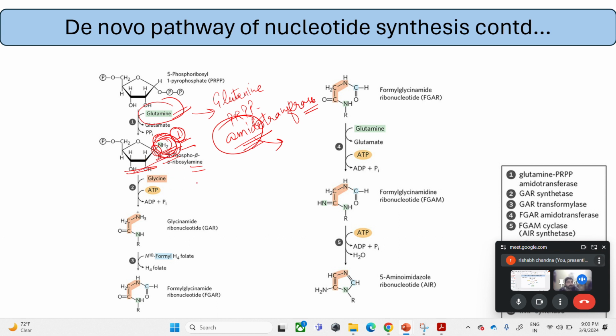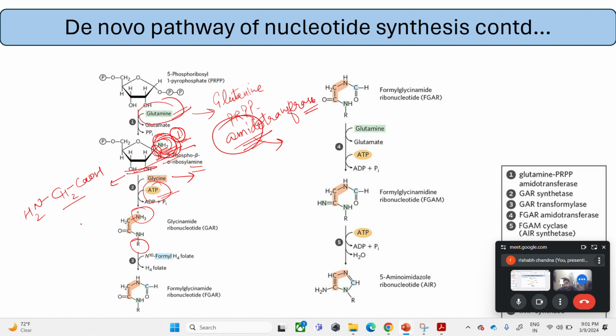Now comes the second amino acid, glycine, which uses an ATP molecule. This glycine forms the fifth, sixth, and seventh atoms of the purine ring. So this attaches to the ribonucleotide. This particular NH2 attaches these three: CO, CH2, and NH3. As we know the structure of glycine, we have